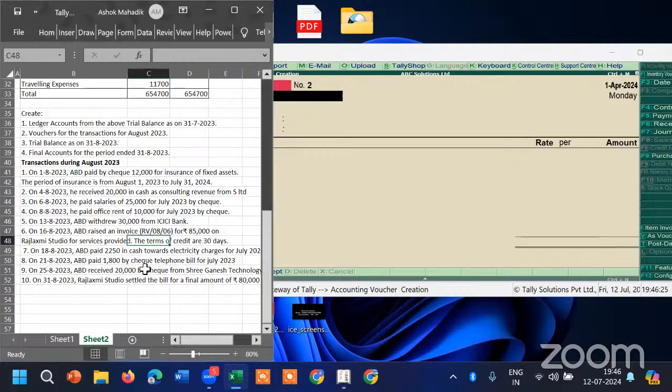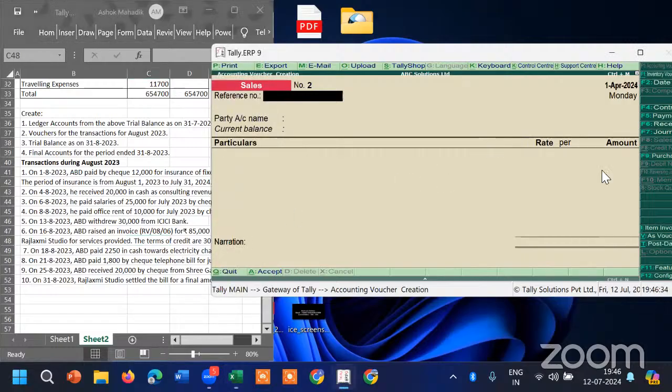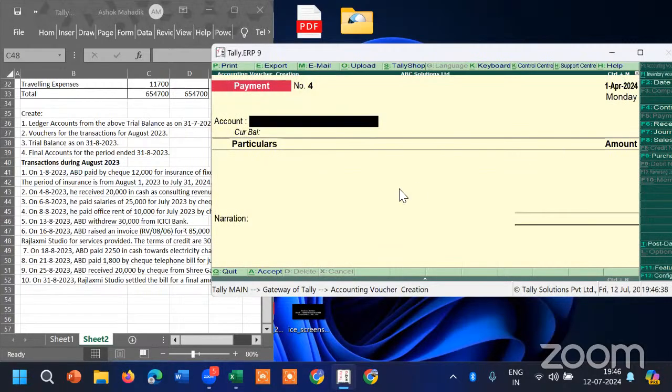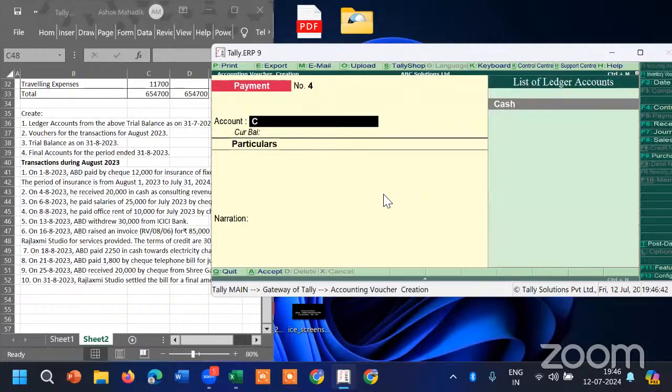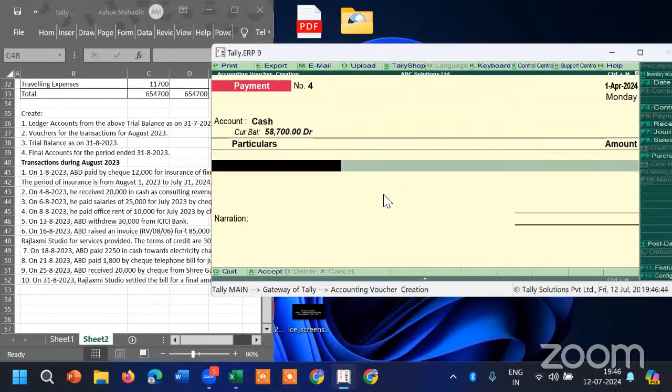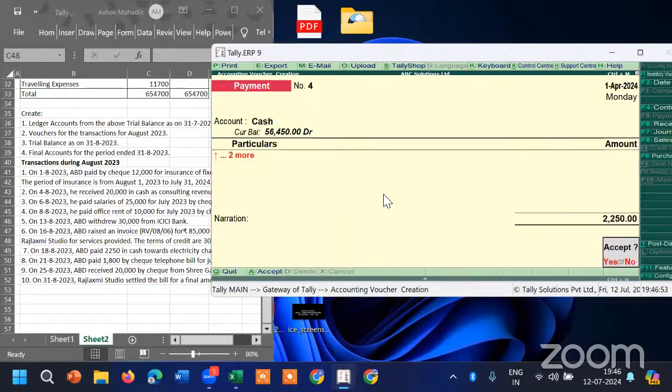On 18th August, APD paid 2250 in cash toward electricity charges for July. So we have to go to payments. Payments is F5, and we are paying it through cash. Yes, cash, electricity charges. Amount is 2250. Done. Next,